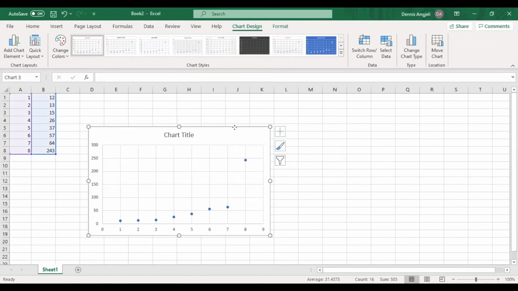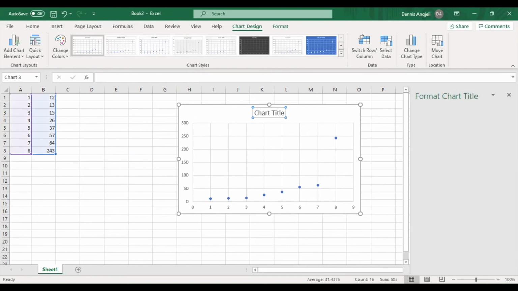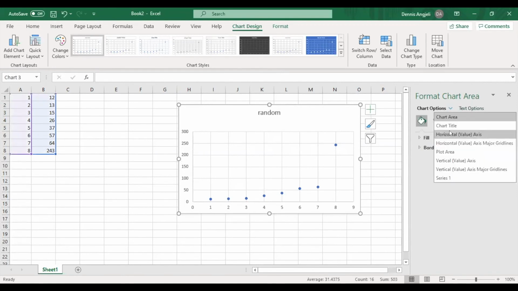So basically you'd have your graph with all your numbers. This is your X, this is your Y axis. And you can add different, you can give the title a name. You can give the chart a name. So this is random, so I'm gonna name it random. And then there are some other options where